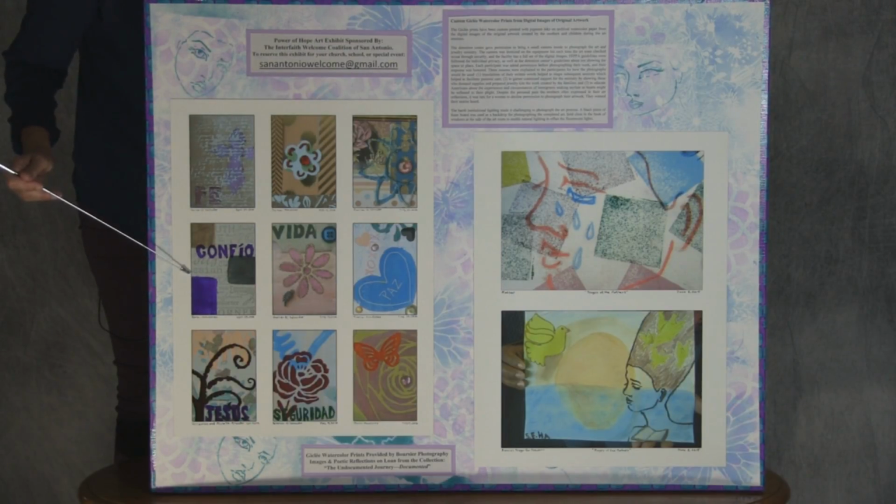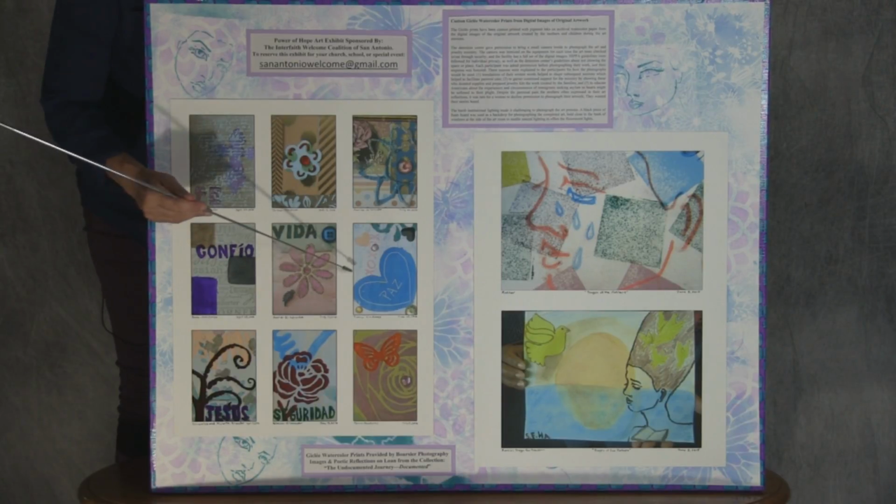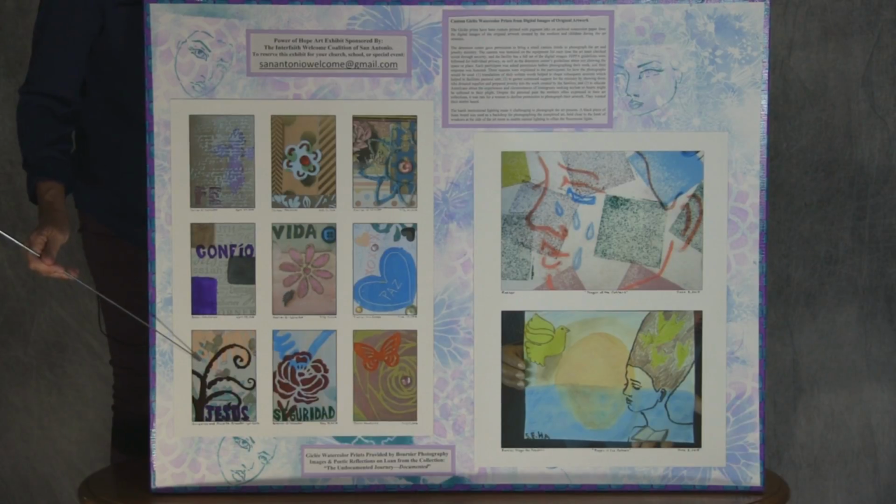Dora from Honduras. Confio means I trust, and this would be one of the hand-carved word stamps. We called them word stamps. I carved these out of essentially erasers, artist erasers, so that the women had a way to label and to express. You can't go to your local Hobby Lobby and get anything in Spanish. It just doesn't happen. And same thing, this middle one, vida, life. The one here, she hand wrote paz, for peace. Then down here,